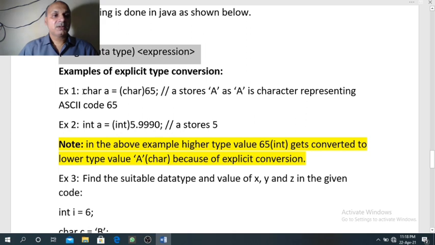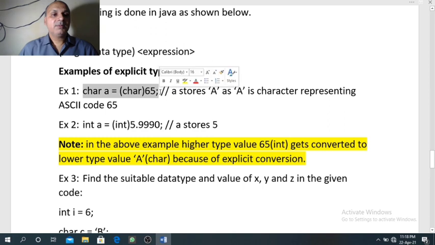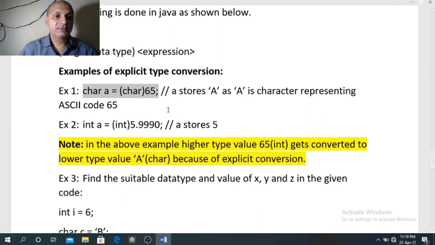First example, char a equal to, in parenthesis, char 65 semicolon. So if you see the right hand side, 65 is a digit, and just before that integer value, we have done type casting into char. So integer is higher type, that higher type is converted to character type.